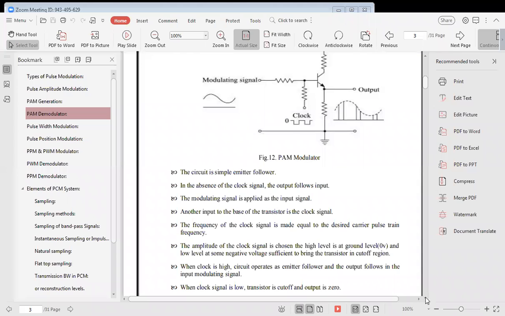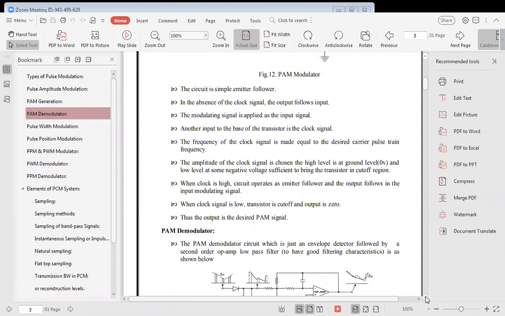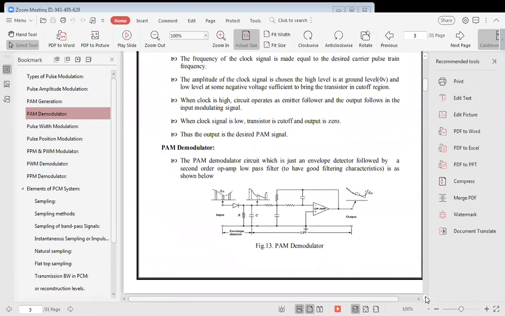Now the demodulation of PAM. The demodulation circuit is just an envelope detector followed by a second order low pass filter, as shown below. Here, the PAM signal is applied